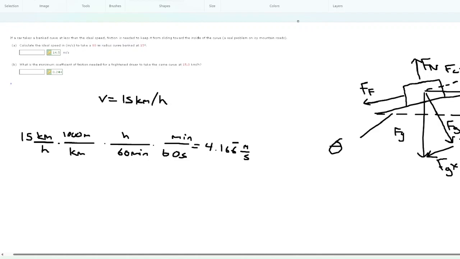And remember what they said earlier. If a car takes a banked curve at less than ideal speeds, friction is needed to keep it from sliding towards the inside of the curve. So this is going to be sliding towards the inside of the curve without friction, meaning that friction is going to have to oppose in the other direction,